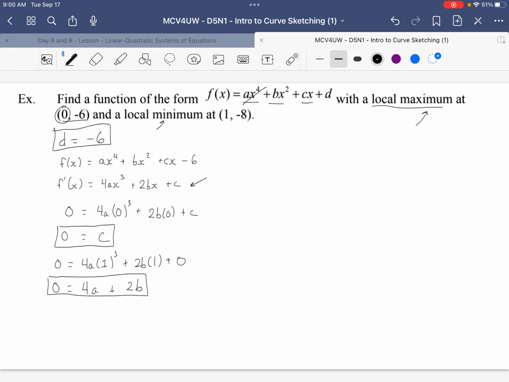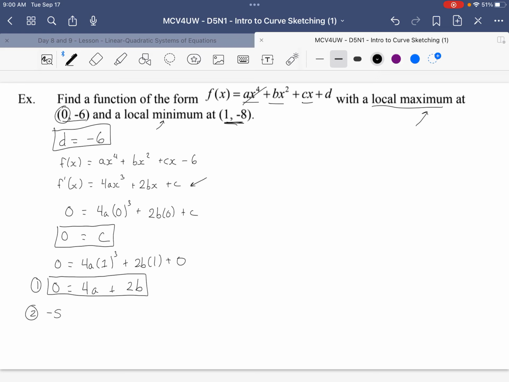Now, obviously, we can see where we're going here. I need one other equation to solve for a and b because I have 2 unknowns. So I'm going, well, what else can I use to get that? Now that I know what c is and I know what d is, I can use my original function. So that's equation 1. But equation 2, I can say, well, if I plug this point into my actual function,